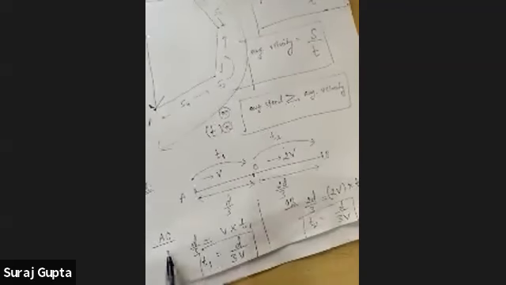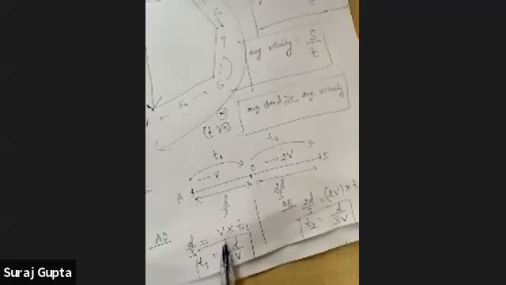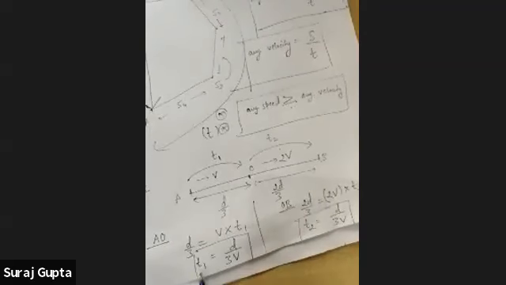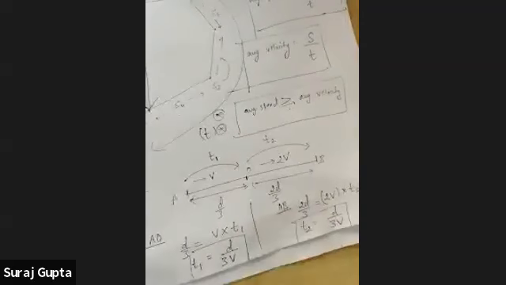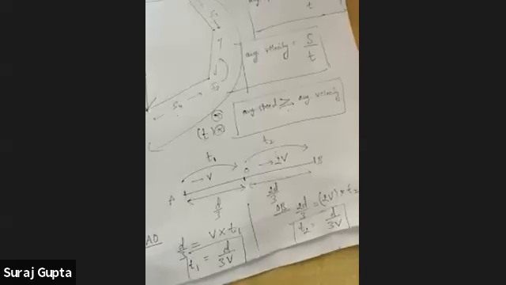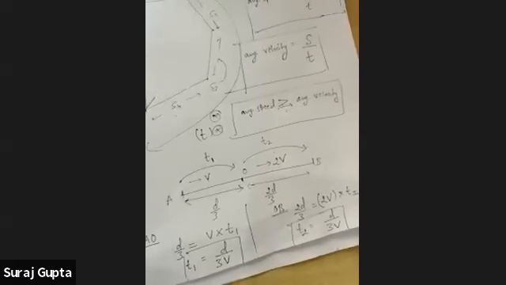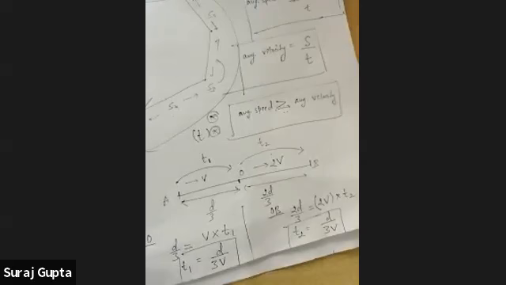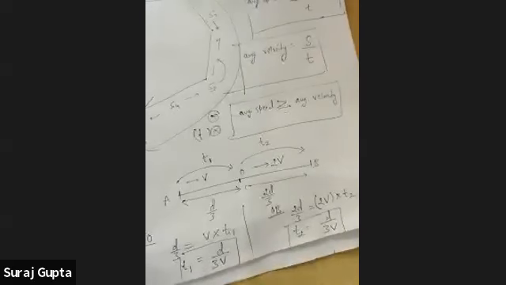Then we applied this equation from A to O: AO, d by 3, is equal to speed v multiplied by t1. So t1 comes out to be d by 3v. We have to find out the unknowns t1 and t2 in terms of v and d. Later on, you will realize that these unknowns t, t1, t2, d all cancel out, and you will get the answer in terms of v.